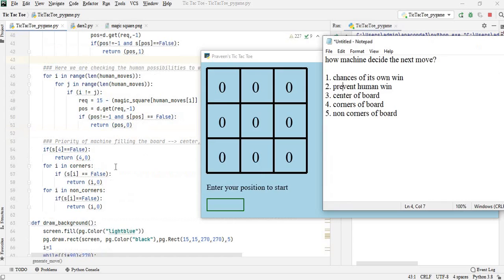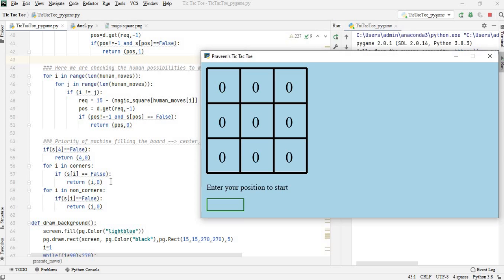If both human chances and machine chances fail, it will check whether the center of the board is empty or not. See, here we are giving 4. The beauty of programming is that all the arrays and sequence data types start from 0 indexing, okay? But we human beings will always like one-indexed positions. We see the board as 1, 2, 3, 4, 5, 6, 7, 8, 9, whereas the machine will see the board as 0, 1, 2, 3, 4, 5, 6, 7, 8.